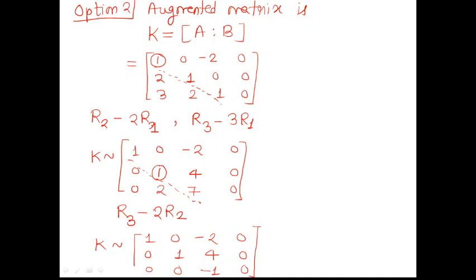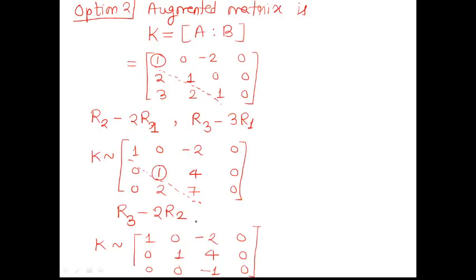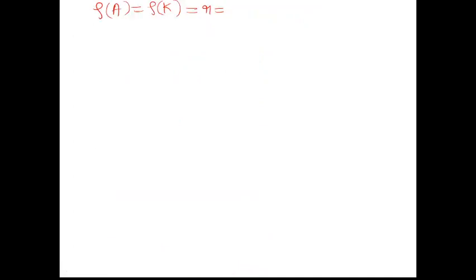So here, rank of A will always be equal to rank of K, remember, in a system of homogeneous equations. And this equal value we denote by R. So how much is the rank of A and rank of K? That is nothing but 3. Here we have 3 non-zero rows, so that gives the rank. Again, the number of variables or unknowns in the system are alpha 1, alpha 2, alpha 3. That is again 3 in number.